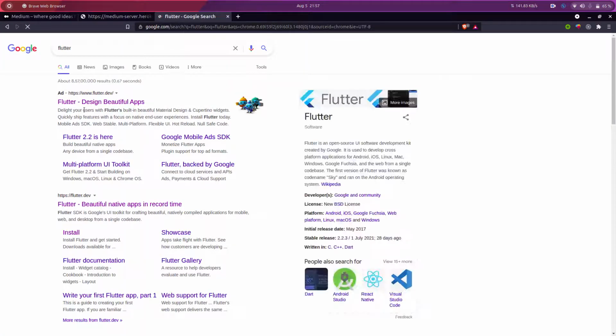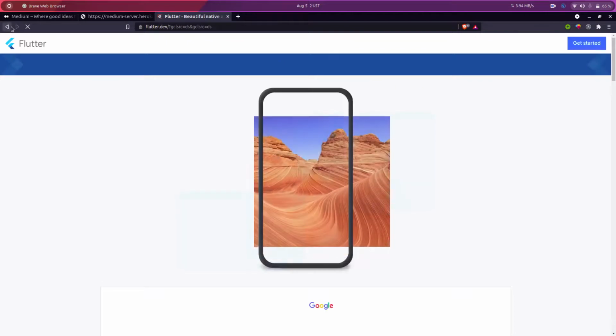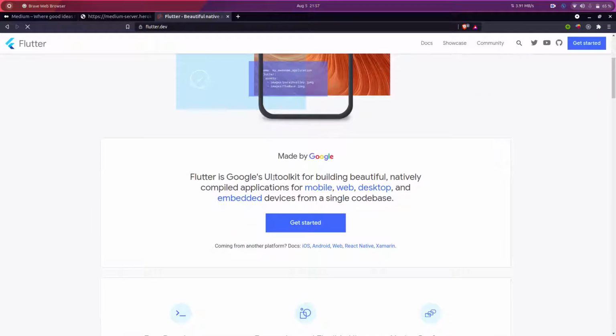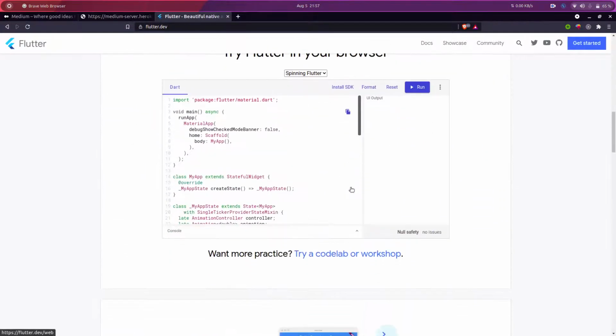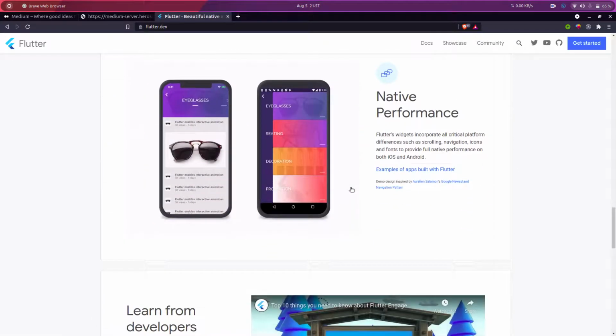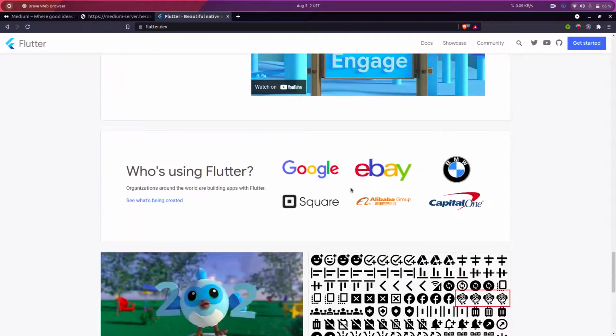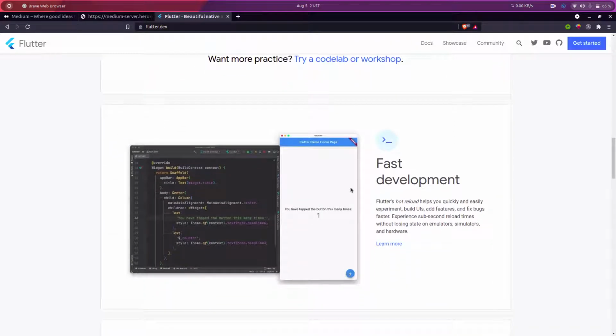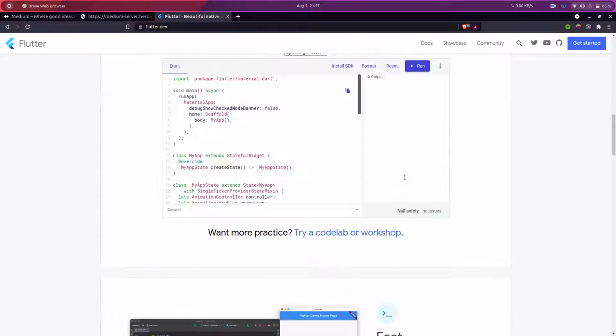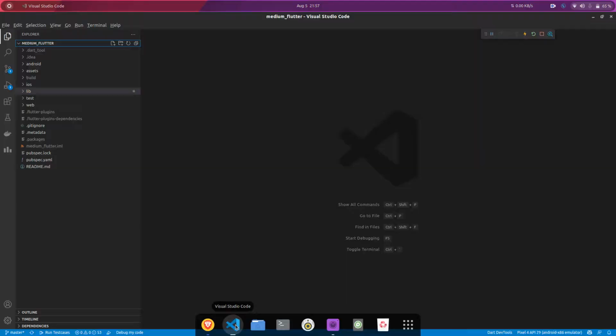Flutter is a software development kit designed by Google, and it helps us write beautiful native apps for both iOS and Android, and now they also support web and desktop applications. So Flutter is a very good development package, and it has many advantages. Currently, Flutter also supports the web, which means that with a single code base you can write an Android application, an iOS application, a web application, and some alpha and beta support is also coming for Linux and Windows applications. So this is Flutter. I hope you have the basic understanding of Flutter.